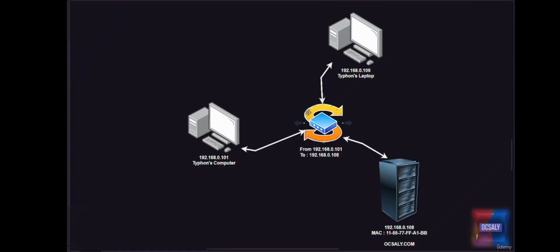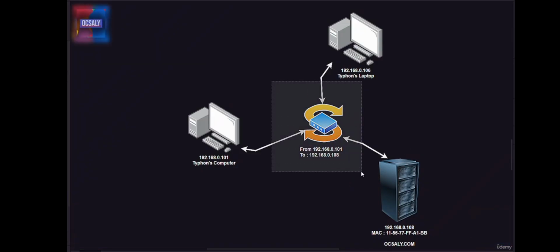So, for example, the node with the IP address 192.168.0.101, named Typhoon's computer, wants to send data using the IP protocol to the node auxily.com, with the IP address 192.168.0.108. And the switch device, this is the switch device of ours, forwards Ethernet frames between all nodes on the